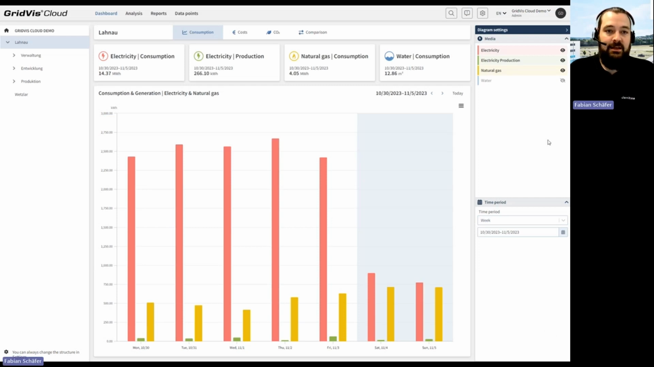When we are in the GridVis Cloud, we were often asked for new functionality, so that the dashboards and all the features are more static. So we implemented this functionality as one of our biggest changes in the last weeks. We also made an update to our complete user interface, to the visualization, to make it more comfortable for you